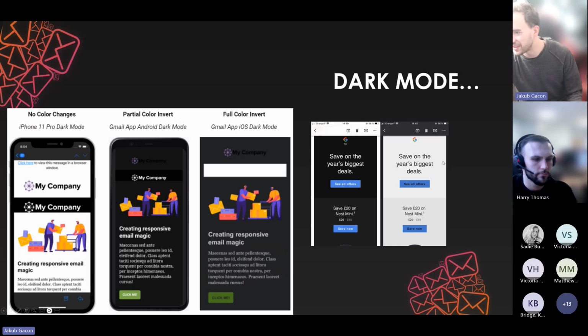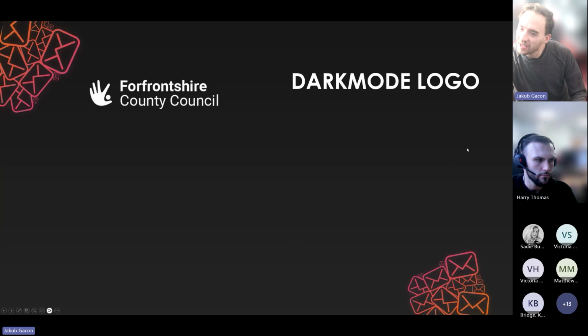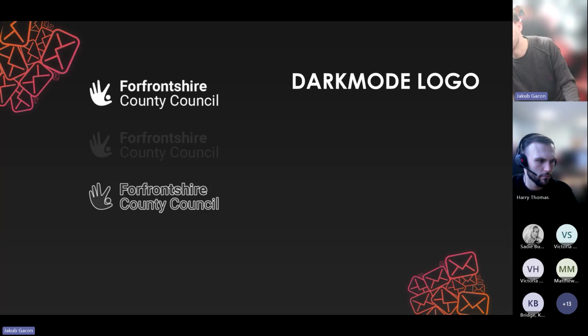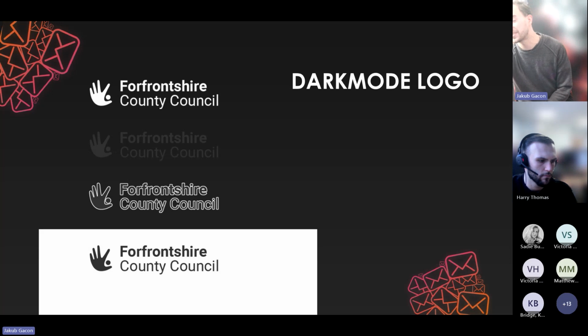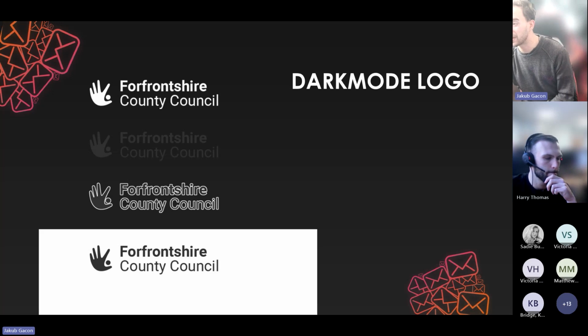And let me teach you guys that. Here I have our trusty Forefront Shire County Council logo. Here I've dark mode flipped it, and as you can see, it's really fading out against our background. What I can do, however, is put this tiny white line around it, which means that in dark mode it will be visible. But if I flip this back onto light mode, as you can see, the background completely absorbs that line, making this logo accessible in both light mode and dark mode,